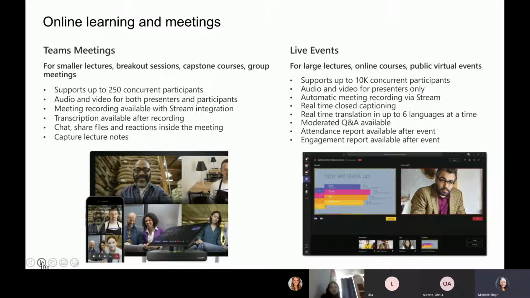So one of my favorite features in Teams is the meetings that you can have. So you can do meetings or live events. What we're doing right now is a Teams meeting. And for a meeting like this, you can have up to 250 participants in a meeting. And you can see that in this meeting, I'm doing several things. So I'm sharing my screen. You're hearing me talk. The video, you can also see the people who are part of the meeting with the